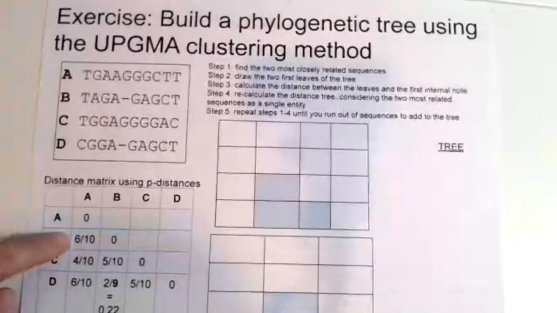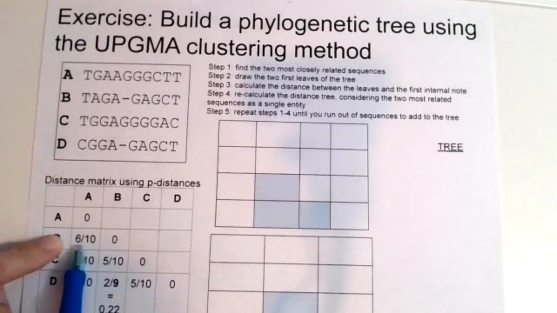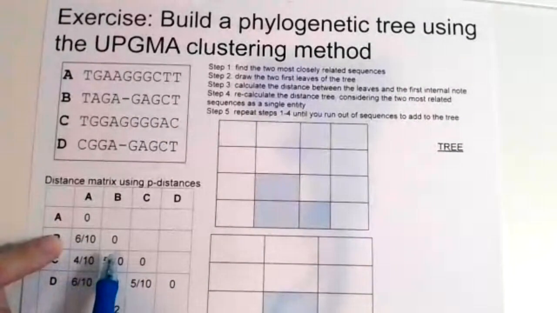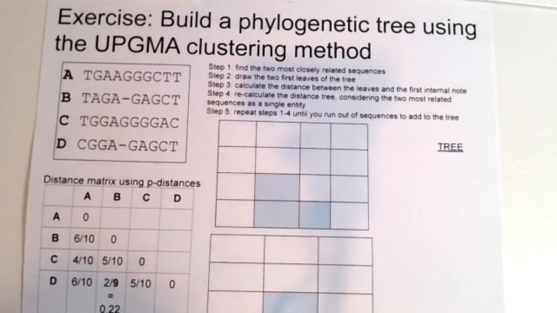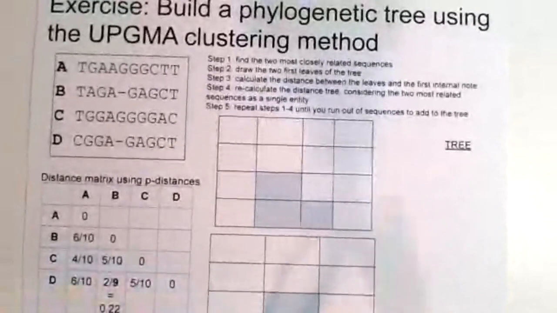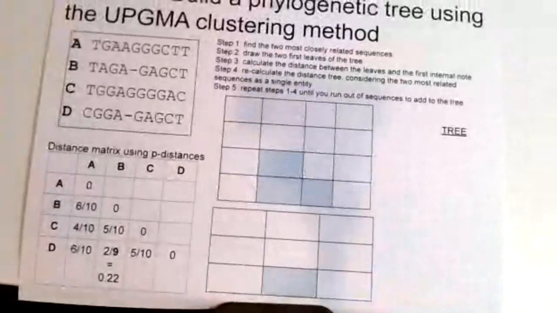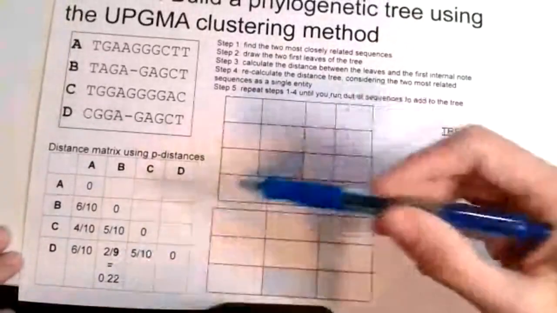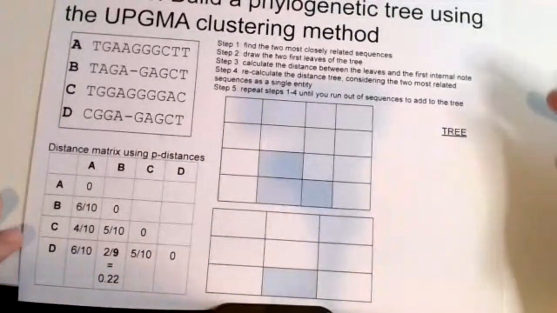I should probably have kept all these in decimal, but as you saw, 6 tenths, those I can, I'm so good at math. I figured that this is 0.6, 0.4, 0.6, 0.5, 0.5. Okay, 0.22, that one, I better cheat here. So let's see. There you go. Okay, so once you have this, then what you do is you find